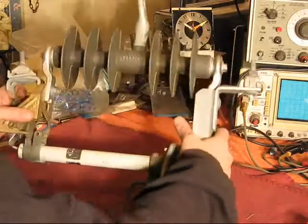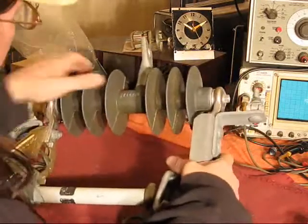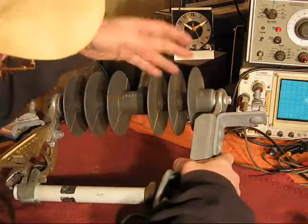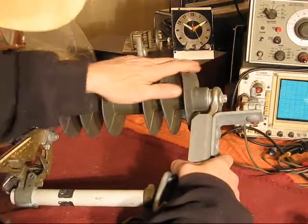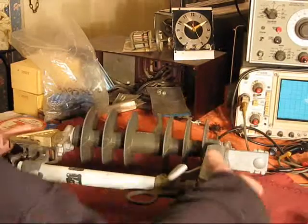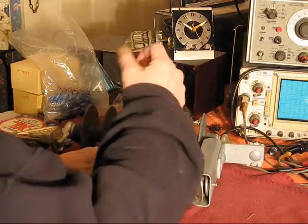But how many times do you get to actually fiddle around, look at one, and describe it? I didn't know that these were rubber. I always thought that there was rigid plastic kind of stuff, but nope, very soft. Guess squirrels like it better. All right, so pop the fuse out of here,